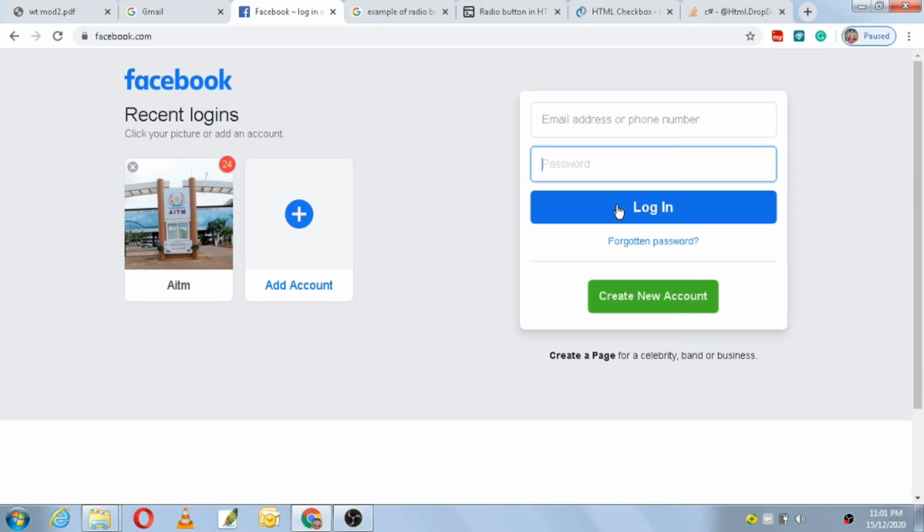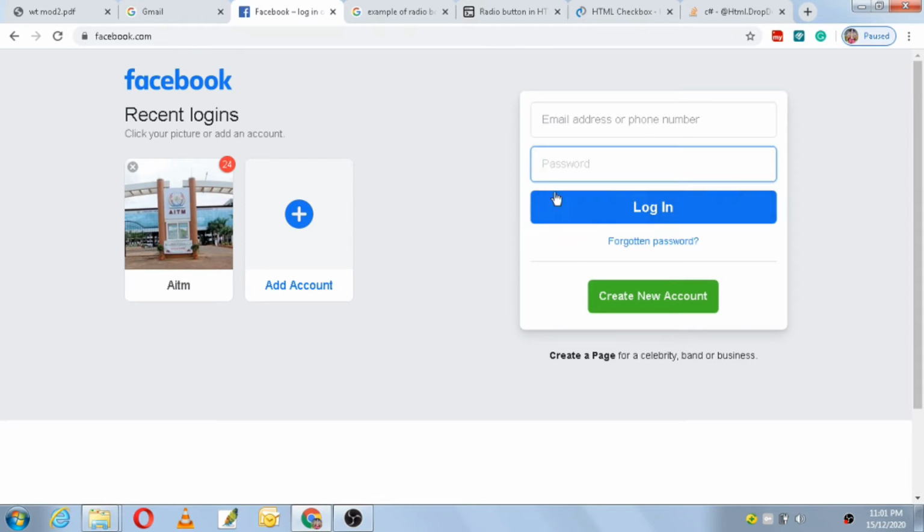The email and the password which you have entered should be the same as when you created the account. If it is the same, then the Facebook server will open up the Facebook page for you. So that processing is done by the Facebook server and it opens up the Facebook page for you. So you are the client of that server. You are the client of which server? The Facebook server. So this is an example of a form.